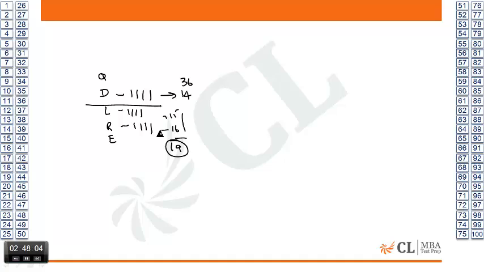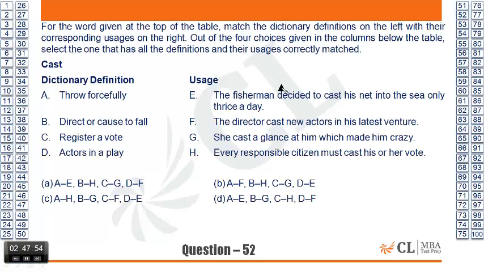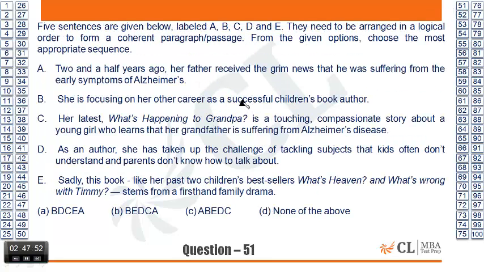So let me keep this aside. I'm going to first hit section 2. Let's start with question number 51. This is a jumble sentence. There is a none of the above option, which is always painful because I have to eliminate the options. This is going to be a little tricky, but let's do it.